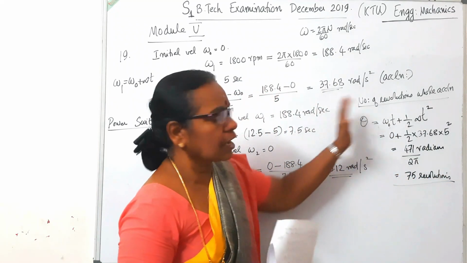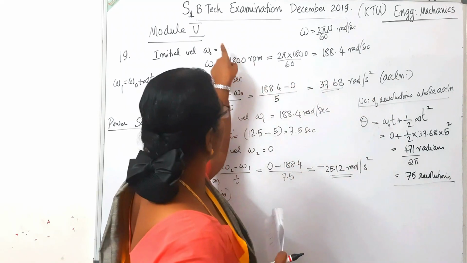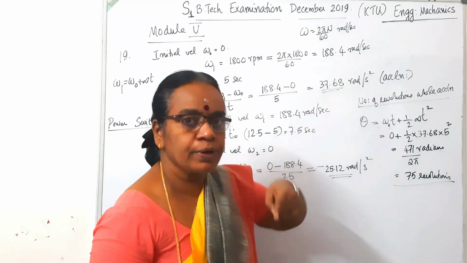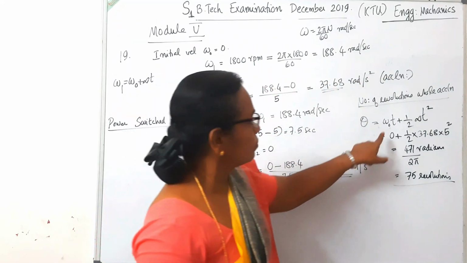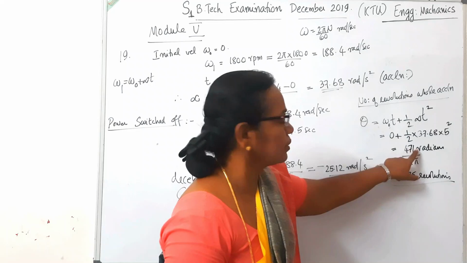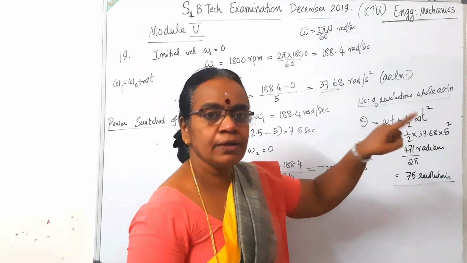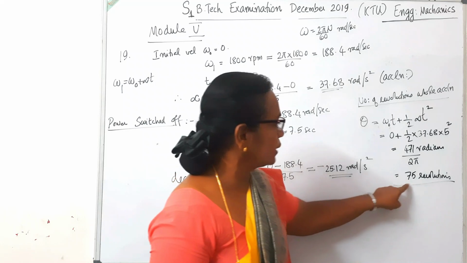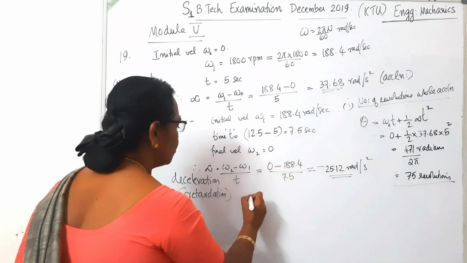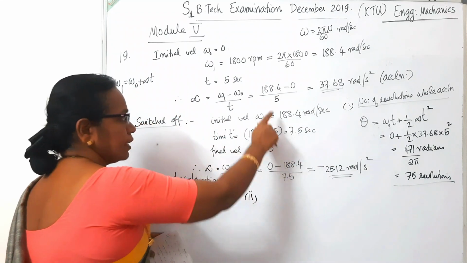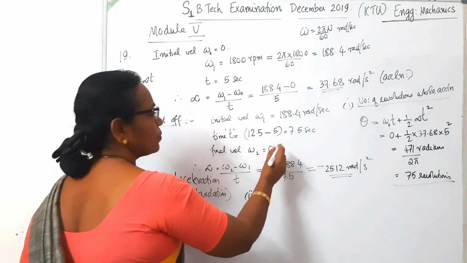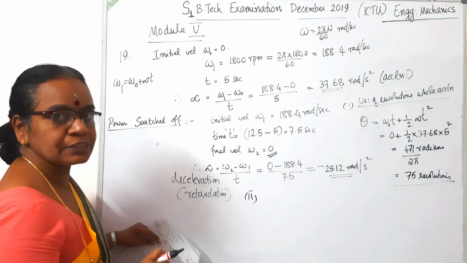So in the acceleration time, the displacement, that is from 0 until it attains the velocity of 1800 rpm, that time how many revolutions it has undergone. Ut plus half a t square. Initial velocity is 0, so we'll get 471 radians divided by 2 pi, because one circle is 2 pi radians, we'll get 75 revolutions. That is one question. And second is, how many revolutions does it make during this period from 188.4 to come to a stop in 7.5 seconds?